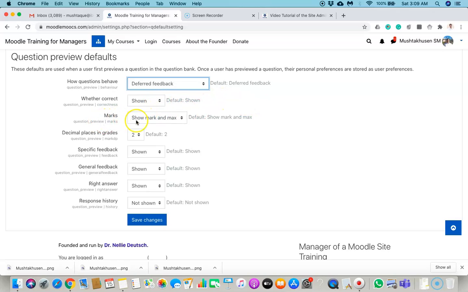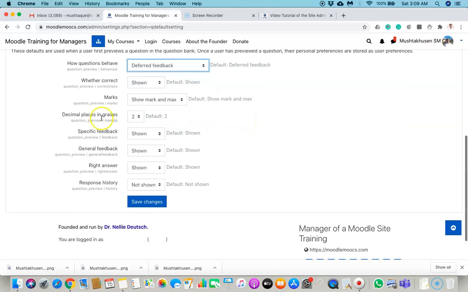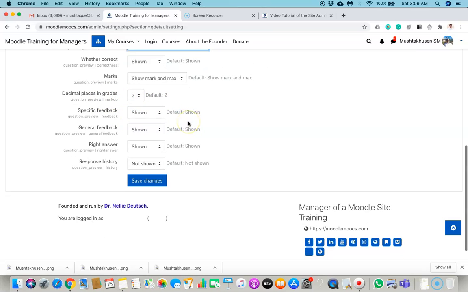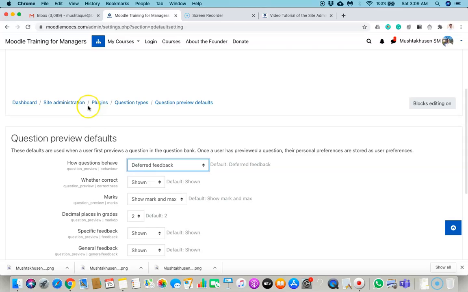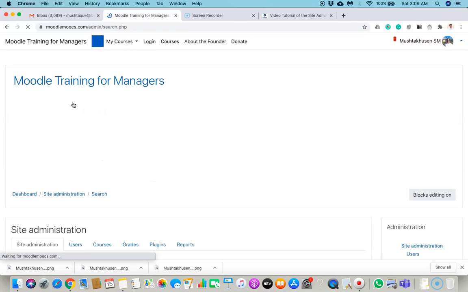Then marks, show marks and maximum, so again it is default. Then decimal places in grades, yes, of course it would be 2. Then specific feedback, yes, it is shown. General feedback shown, right answer shown, and response history shown. So all these are default options available here. Now again go back to plugins,